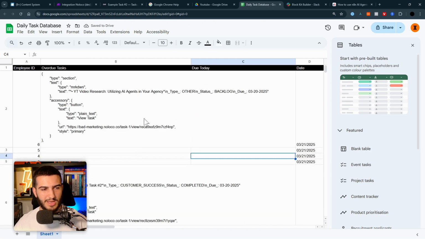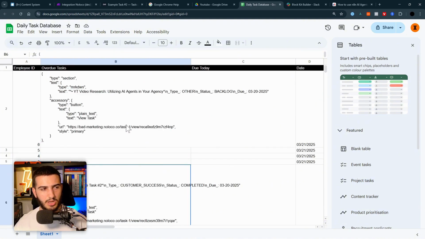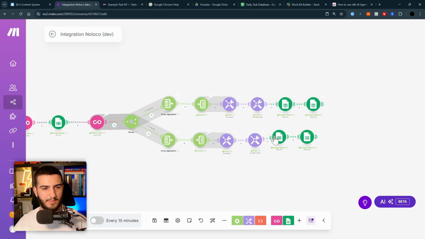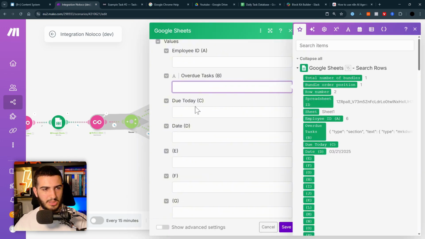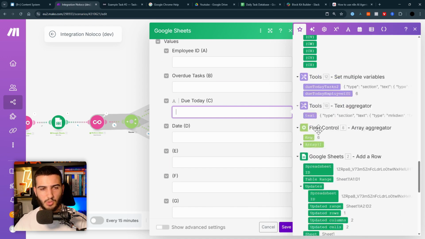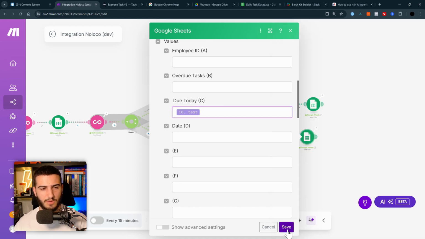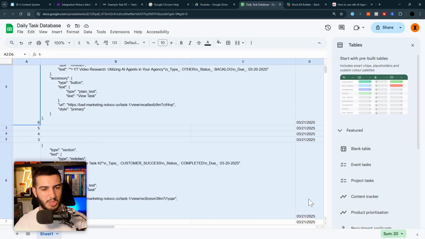No. Okay, so a quick change we need to make at the moment is just added tasks that are basically overdue because we didn't set up properly in this step. I made a mistake. I should have basically changed this text to due today rather than overdue, because this was the due today pass. We want to make sure you always test your automations as you go along, because you don't want to get them to the very end and then make the mistake. So if I quickly run this again, just to make sure we have it right,